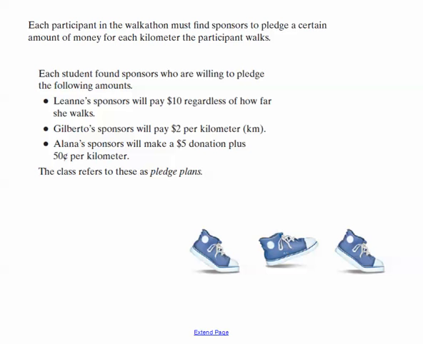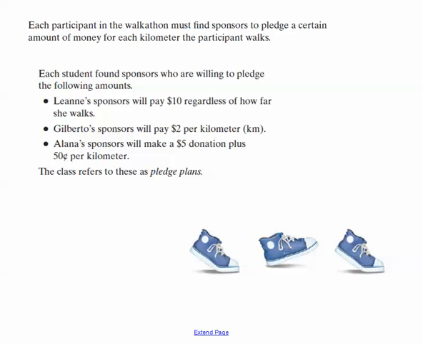We began our discussion on linear relationships by looking at a class participating in a walkathon, and we initially looked at their walking rates, or how fast each person could walk in a given amount of time. We're going to extend our thinking on linear relationships, and continue our story with the walkathon, but today we're going to focus on the pledge plans,